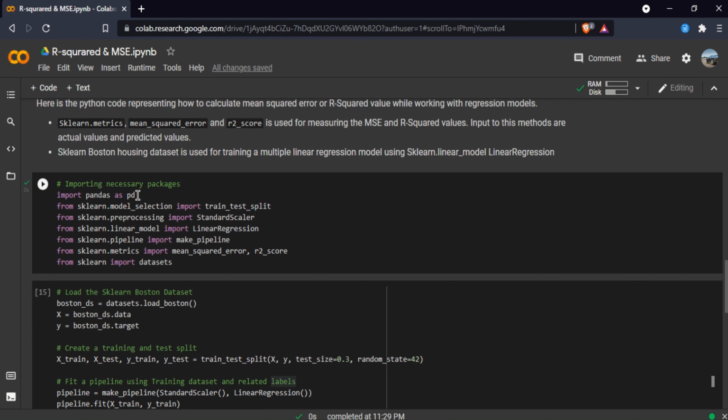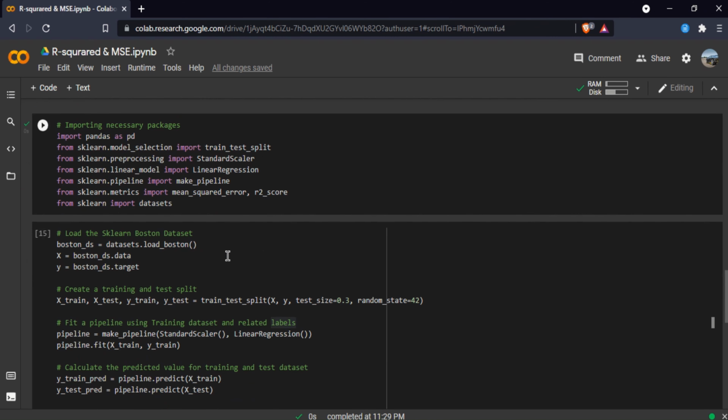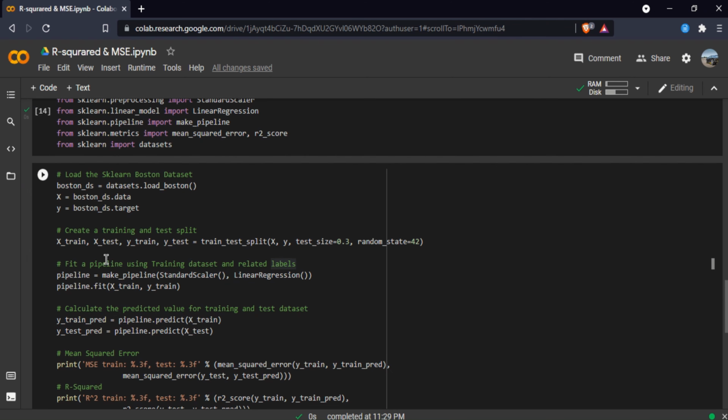First, we have imported all the necessary packages from Python: pandas, sklearn model selection, preprocessing, linear model, pipeline, metrics, and datasets. This is the dataset, and we have used X as the data and Y as the target.